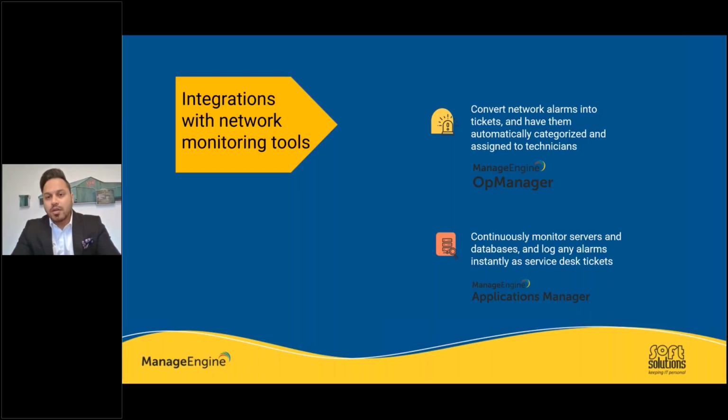So OpManager will obviously pick up that this particular server has turned off. It is going to create an alert, and that alert would automatically be forwarded to Service Desk Plus. And because of the integration, you have already predefined in the Service Desk that whenever you get an alert, A, from OpManager, and B, with the subject line "the server is down", do these 1, 2, 3, 4 task items. So it will automatically create a ticket with priority 1 incident with number 1 task item,